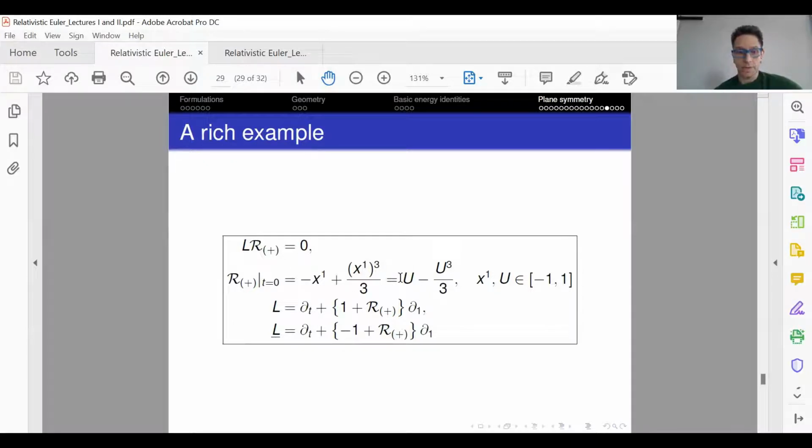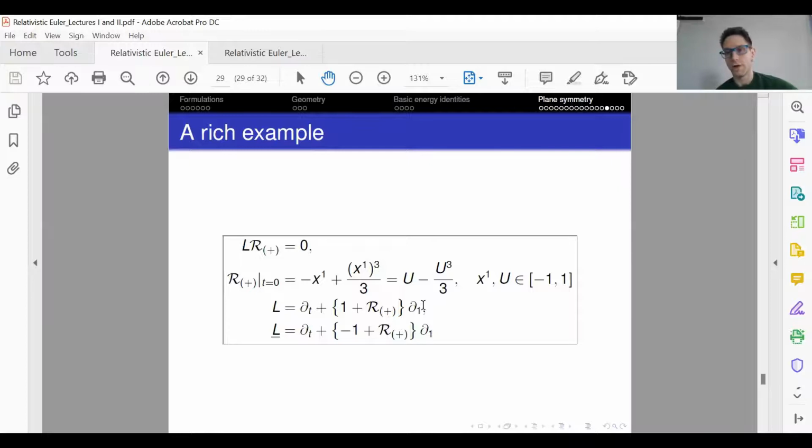But nonetheless, this was my choice. At time 0, I choose data that's minus x1 over 3. And recalling that x1 is the opposite of u, it can be written in terms of u as follows. And then I wanted to show you what the solution looks like for this model problem for this choice of data. And even though this is a model problem,